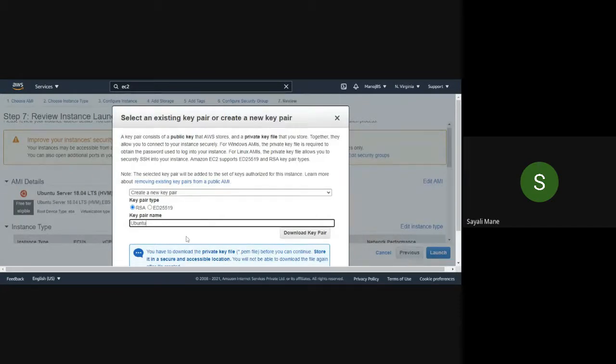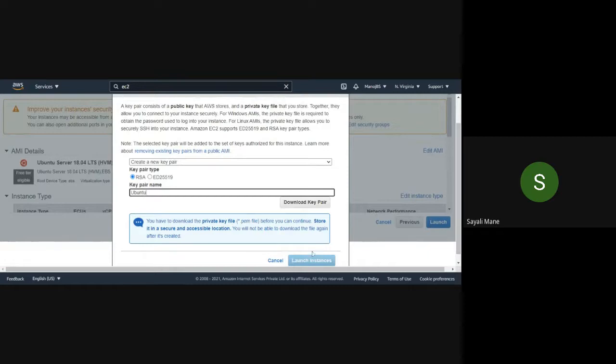Now, before creating the launch instance, you have to download the key pair. Why? Because if you click on launch instance first, you can't download the key pair later. So first give the key pair name as Ubuntu, then download the key pair.